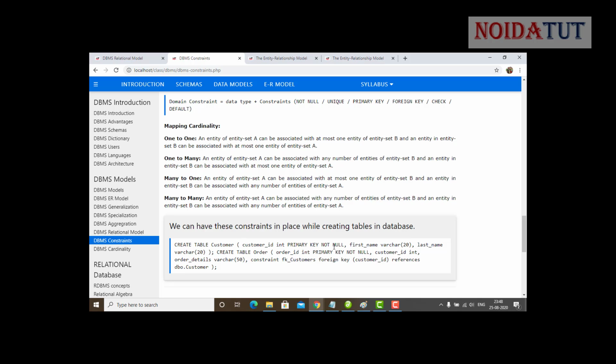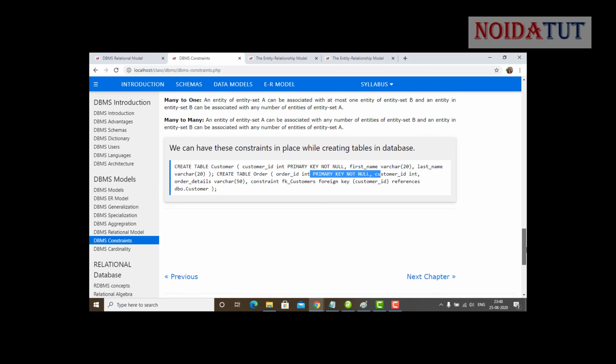Now you can see that in this we have set the foreign key constraint: a column with the foreign key, known as customer ID, references another table which is customer. In this table it will be related to this customer ID and then it is going to be inserted. This is how we set the different constraints in a database when we are working with tables.